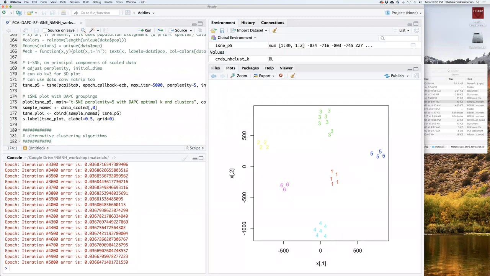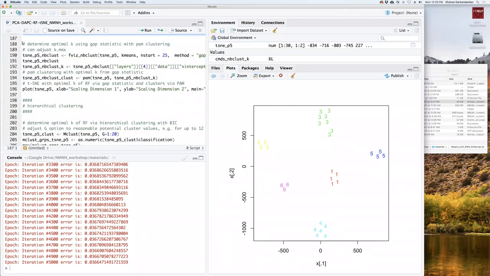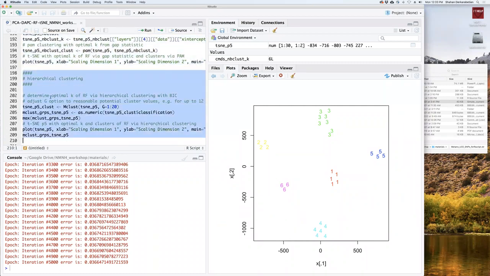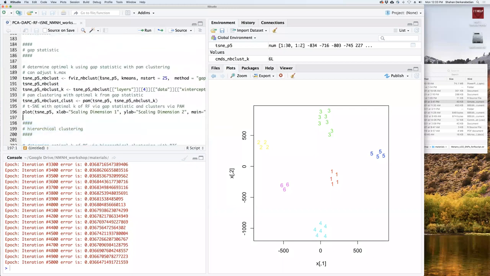Okay, 5,000, it's done. I'm not going to go through these clustering algorithms for the sake of time. It's essentially the same thing, but instead of using the RF output, we're calling the t-SNE output, which is the first 2 dimensions, or essentially the XY placement of these samples.